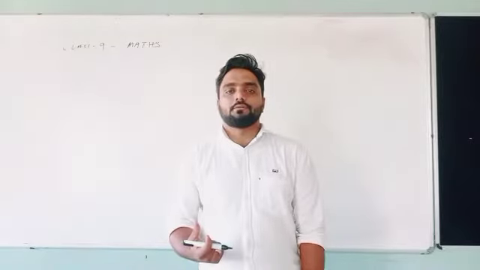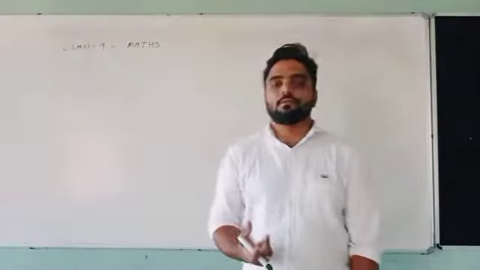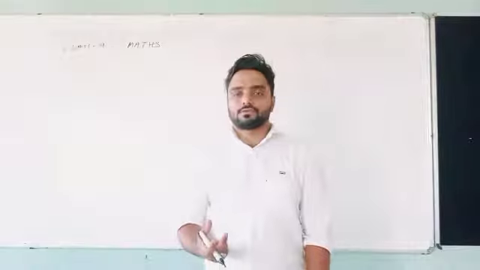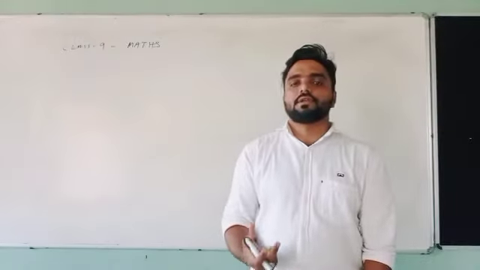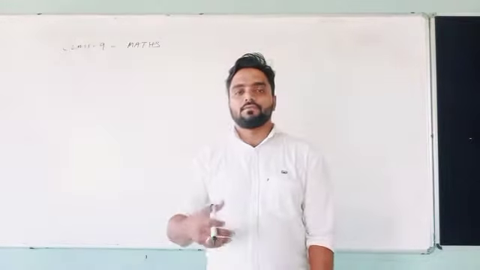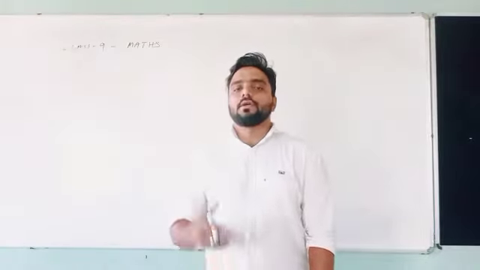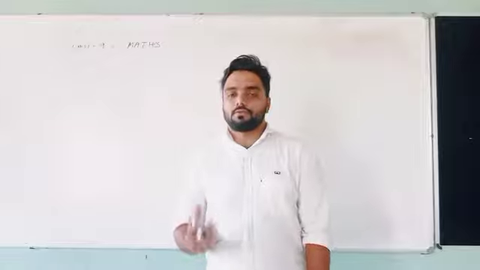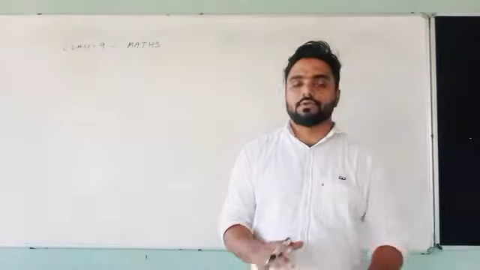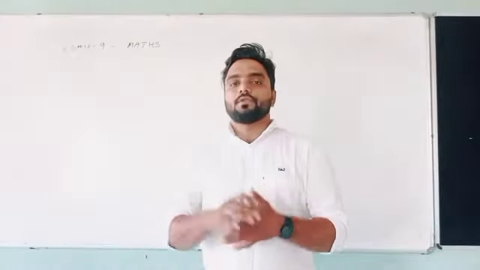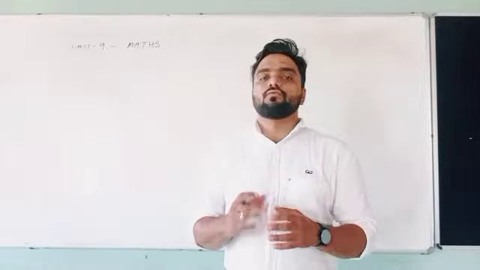If there is one term in the algebraic expression, it is called a monomial. If there are two terms, it is called a binomial. If there are three terms, it is called a trinomial, and if there are more than three terms, it is considered a polynomial. As well, you can consider the binomial and the trinomial also as polynomials. Understand? Okay. Now, what do you mean by the polynomial in one variable?